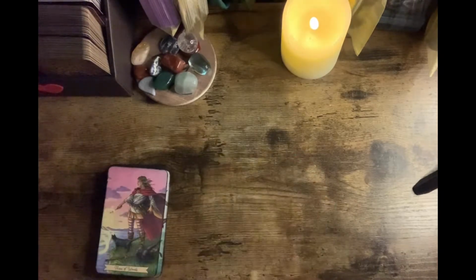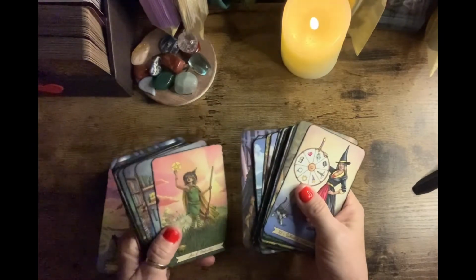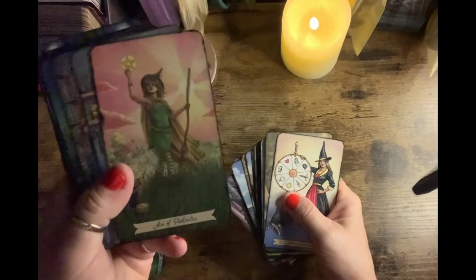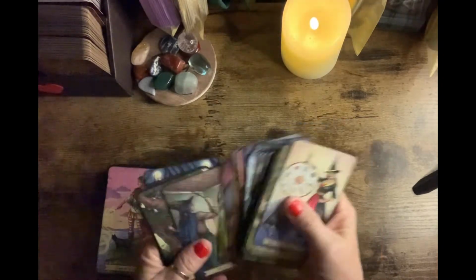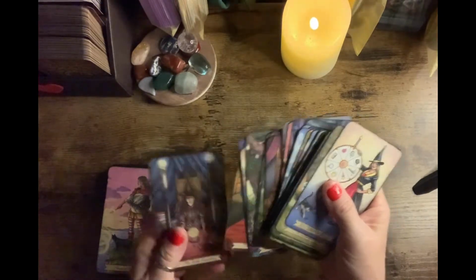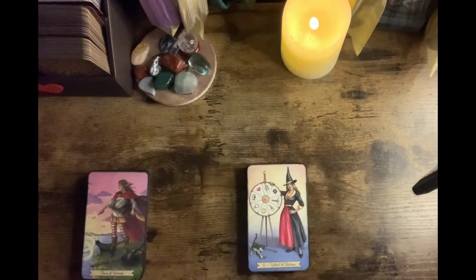But over time, with shuffling and stuff, you will see the matte gets scratchy. I don't know if you can see that or not, it's really hard to see, but if you really look, you can find it. So over time, the matte does get a little scratched up, but that's okay. I got a new one just to have. So I love this